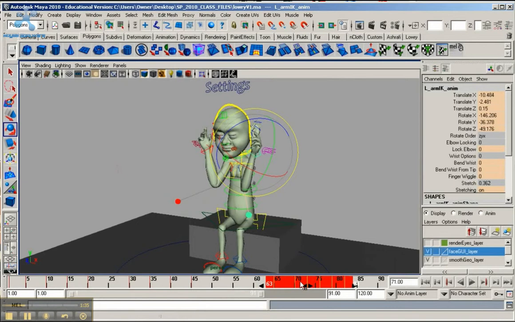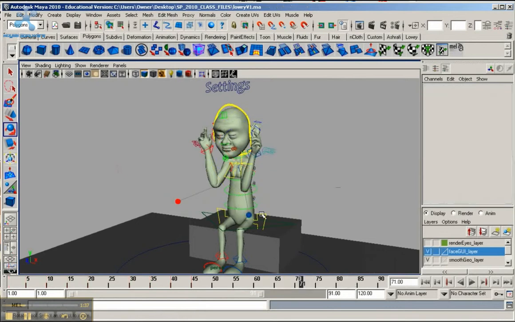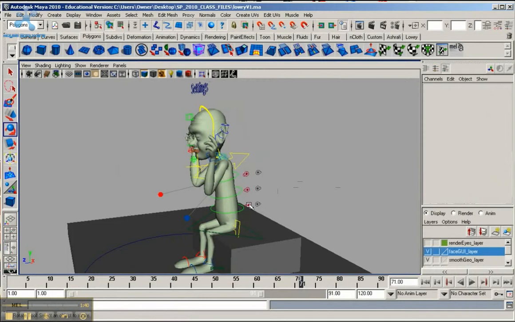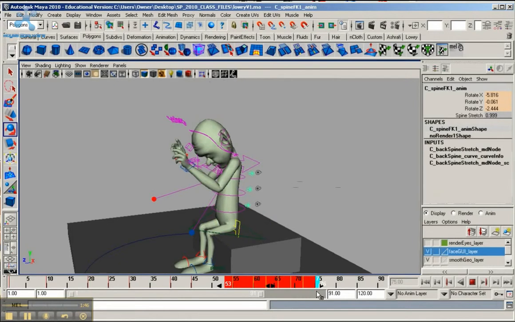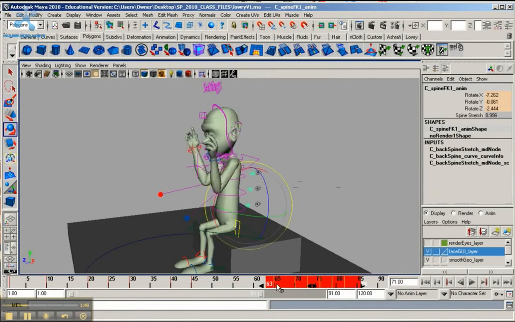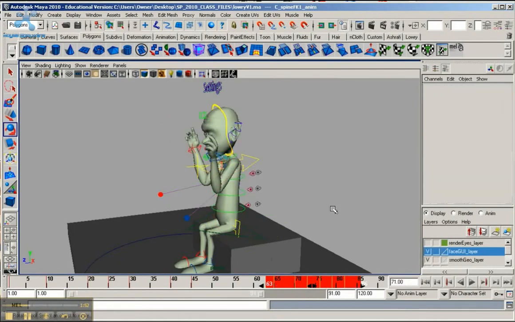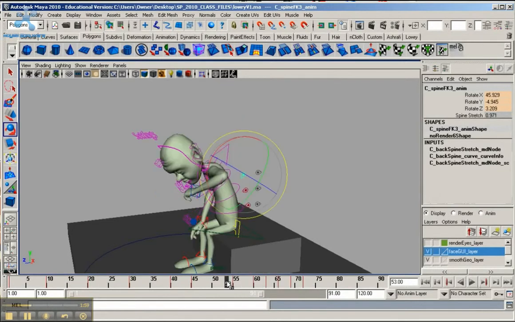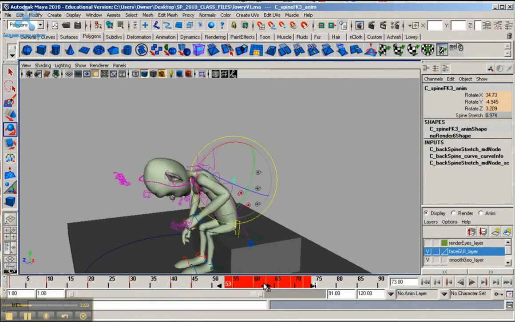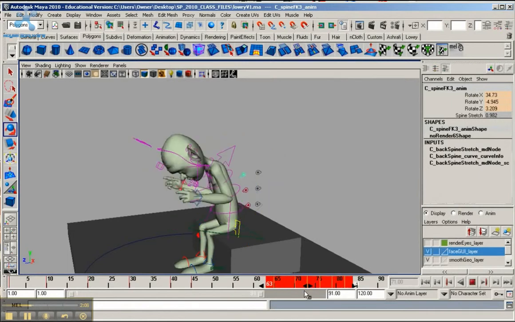Okay, so let me select the lower back, hold down shift, select here, move the slider, making sure that the first keyframe goes to 65. And now the upper back, cursor here, is forward. Okay, so now